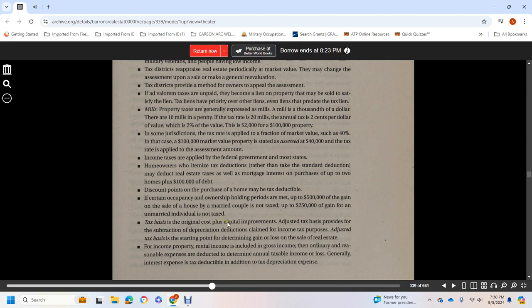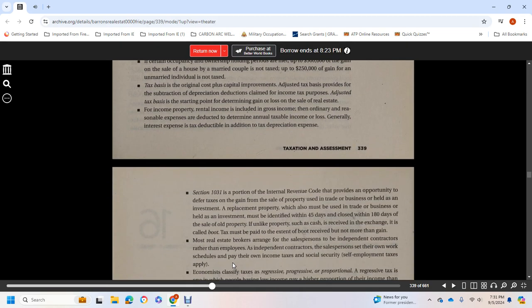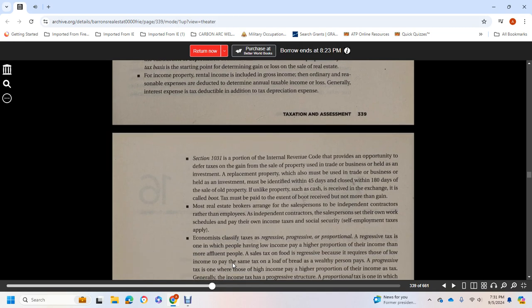Tax basis is the original cost plus capital improvements, adjusted by subtracting depreciation deductions claimed for income tax purposes. The adjusted tax basis is the starting point for determining gain or loss on the sale of real estate. For income property, rental income is included with gross income, and ordinary reasonable expenses are deducted, determining an annual taxable income or loss. Generally, interest expense and tax depreciation expenses are deductible. Section 1031 of the Internal Revenue Code provides an opportunity